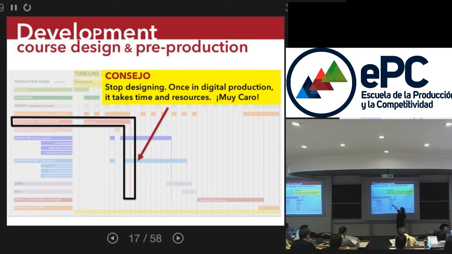Also a reminder, this is the vertical red line, which again, we have actually never achieved, but we highly recommend that you stop designing, lock your design, and begin to make assets, begin to write the content. And you want to finish that before you continue making your media assets.